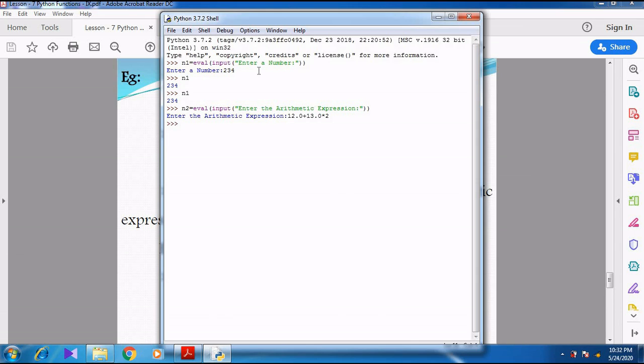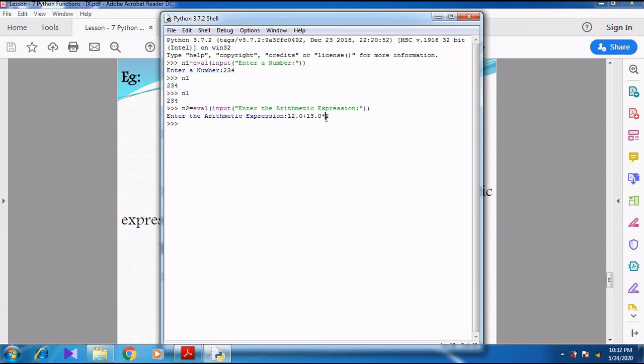25.0, but I think it will not be done like that, because first multiplication will be done. 13.0 into 2 is 26.0, then 26.0 plus 12.0 is 38.0. We have to use BODMAS: brackets, order, division, multiplication, addition, subtraction. We should not do the addition first.